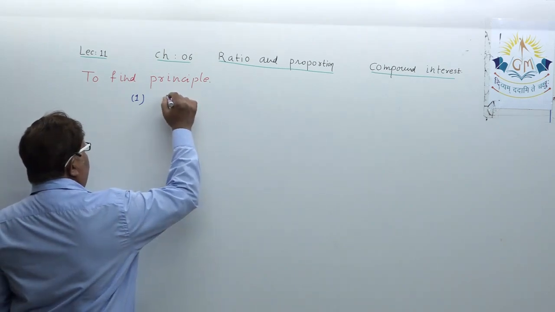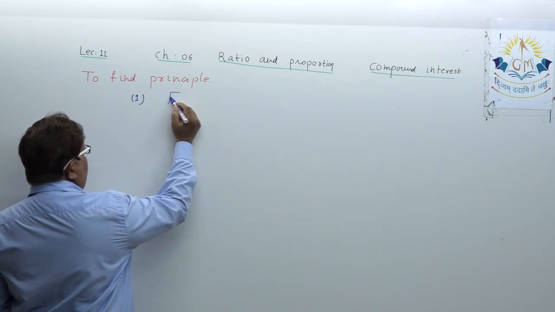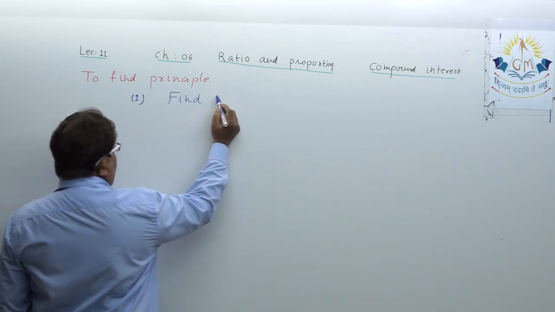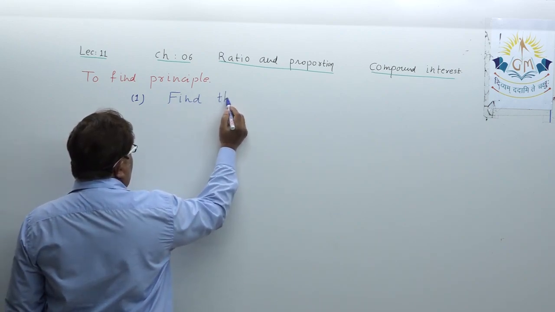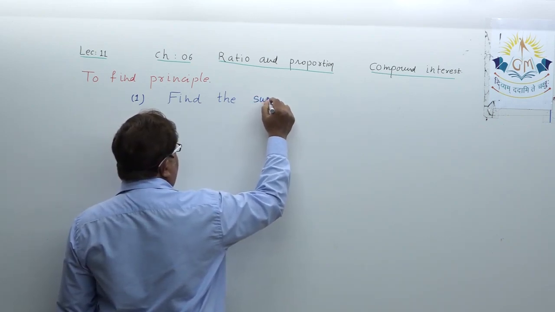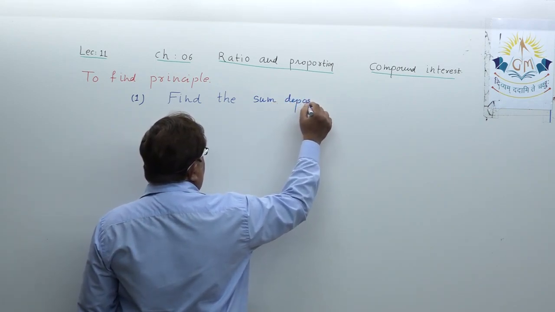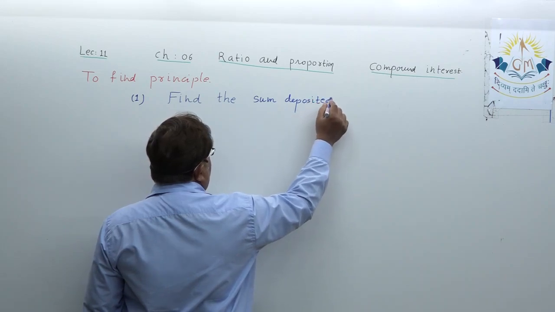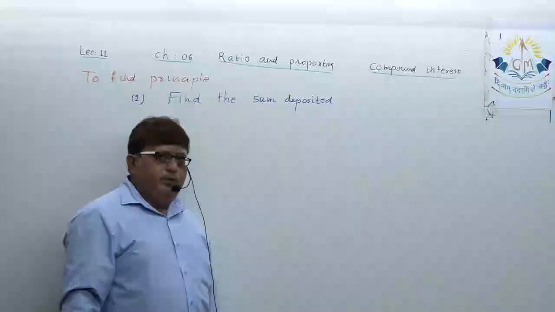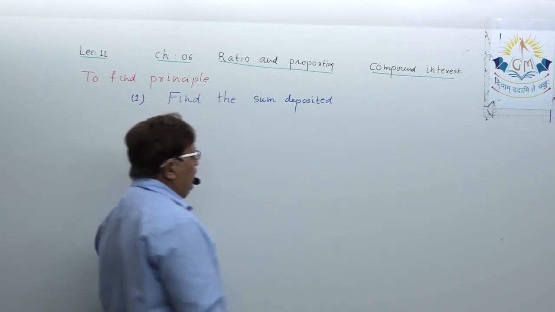The example is like this. Find, please note down, find the sum deposited. That means, dear student, indirectly they are suggesting find principal. Understand? Find the sum deposited